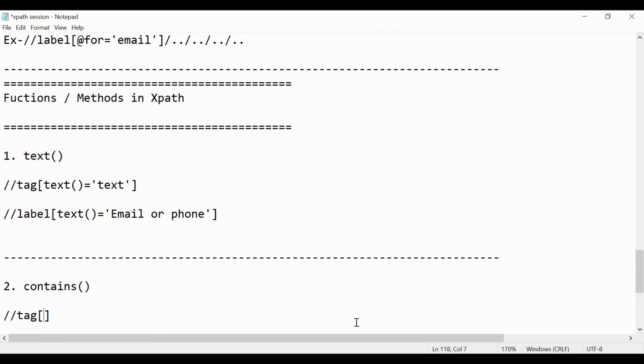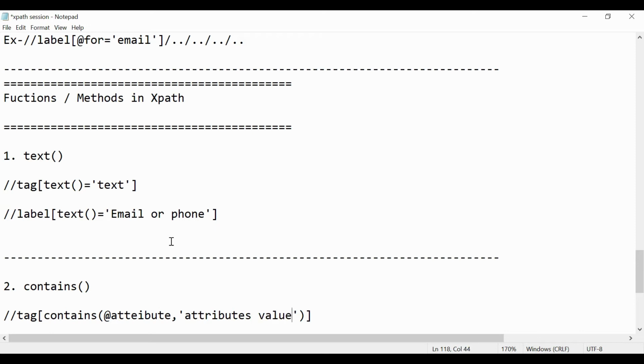Tag contains, it is a method, so give a bracket, and inside the bracket you can use attributes. So for example attribute, here you don't have to use an equal sign, right? We are using it inside the bracket, and the syntax is a little bit different. So here you need to give a comma, and in single quote you have to give the attribute's value.